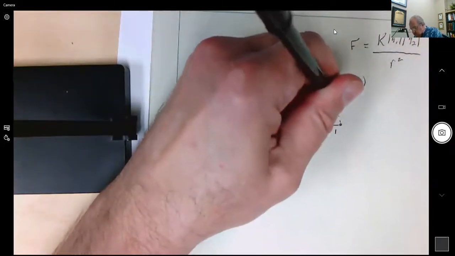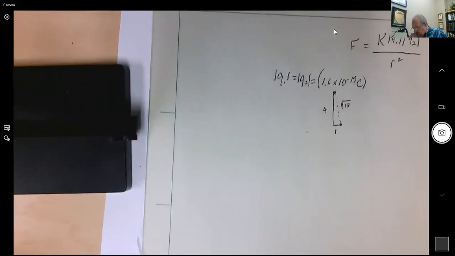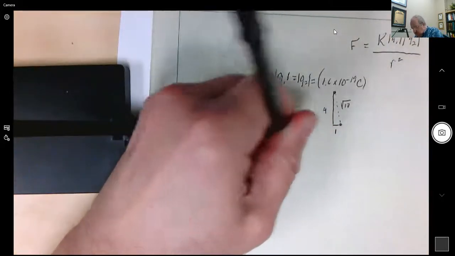Okay, so the distance between these two, if I just use the Pythagorean theorem, is just the hypotenuse of that triangle. So I take 4 squared plus 1 squared, and that gives me a hypotenuse of square root of 17. Okay, so my radius is square root of 17. So then all I need to do to find the force is just say force is equal to